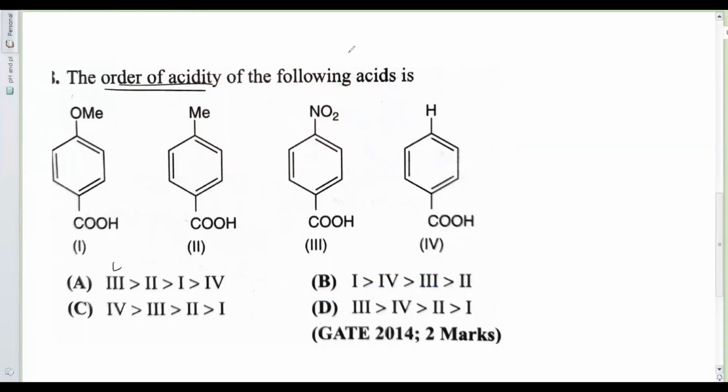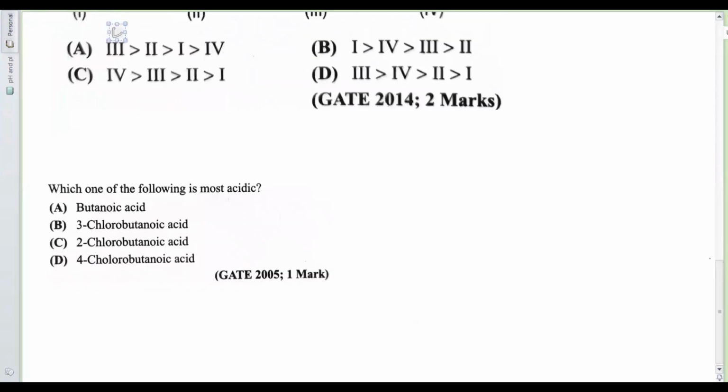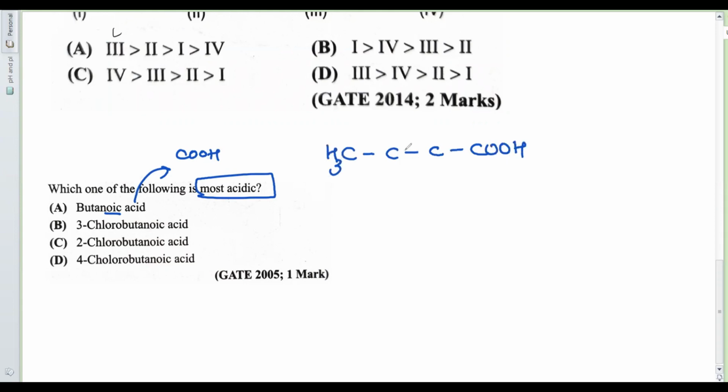And again, we'll go on to our last question for this video, which is this one. So read the question carefully. Which of the following is most acidic? Okay, so they have first option butanoic acid. Now, as you all know, oic stands for the carboxylic acid, and you have but, which means 4 carbons. So 1, 2, 3, 4. Correct? And one of the carbons is having the carboxylic group. So this is your butanoic acid. Carbon has a valency of 4, so fill in the hydrogens.